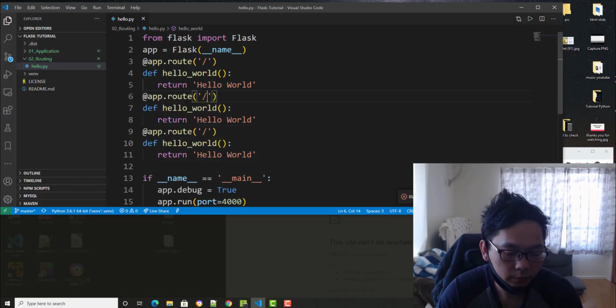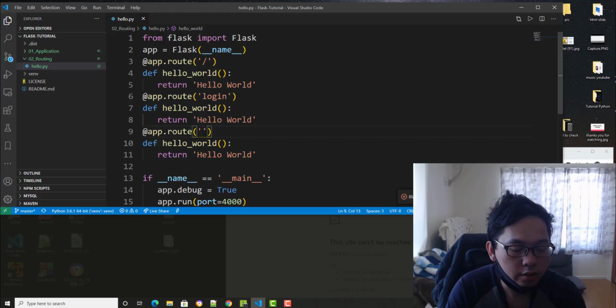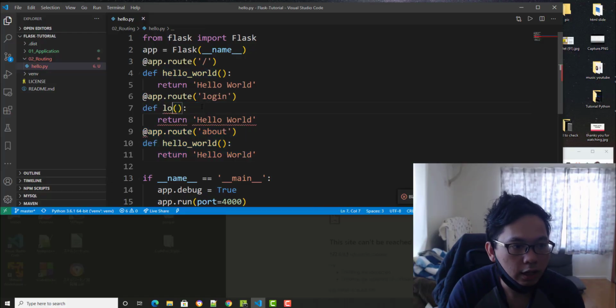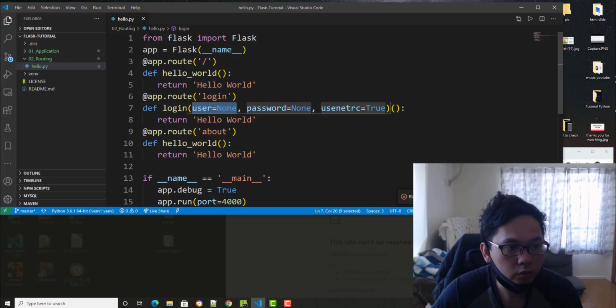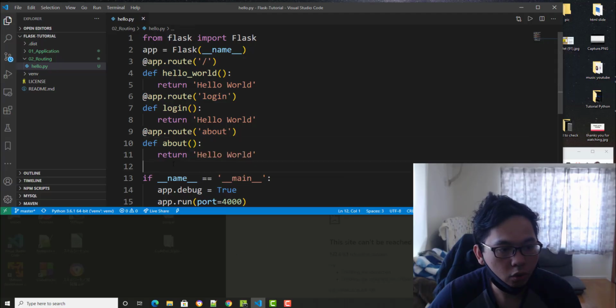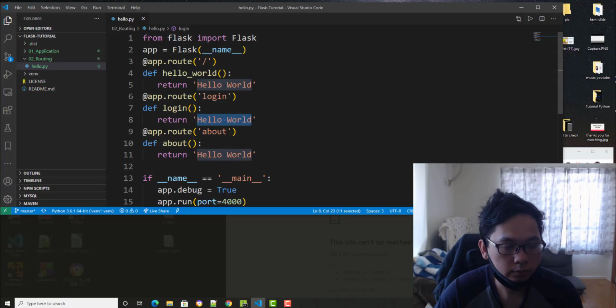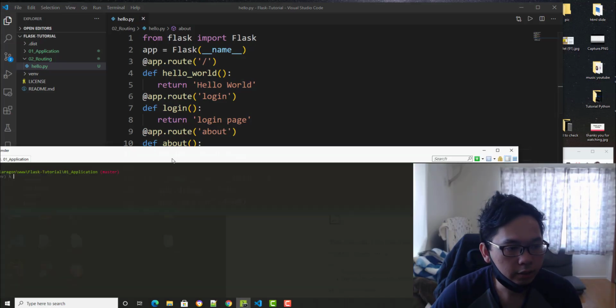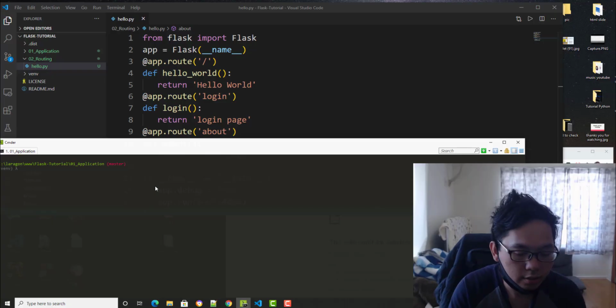Let's say login, and let's say about, something like that, so you can understand it more. Return login page, about page, something like that, and cls, python hello dot.